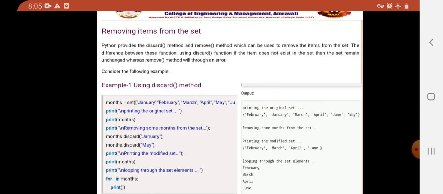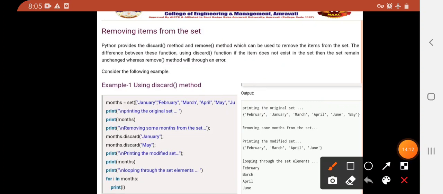अगर कोई पर्टिकुलर एलिमेंट आपके सेट में प्रेजेंट ही नहीं है, so discard function जो है that will keep your set as it is, और जो आपका ओरिजिनल सेट रहता है that will be printed on the command prompt. But in that case the remove function will give an error if the element you gave is not present inside the set.